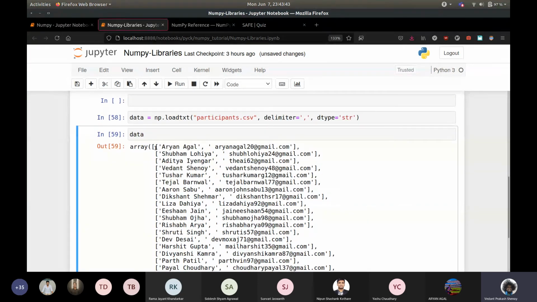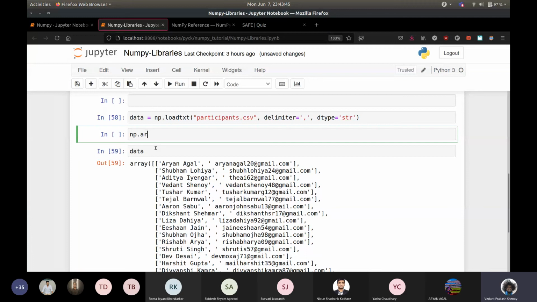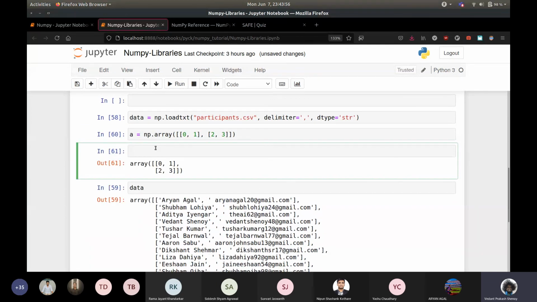Now, let's take a smaller example. Let's take np dot array 0, 1, 2, 3. Oh no, this is square, so it doesn't work. 0, 1, minus 1, 2, 3, minus 2. Great.